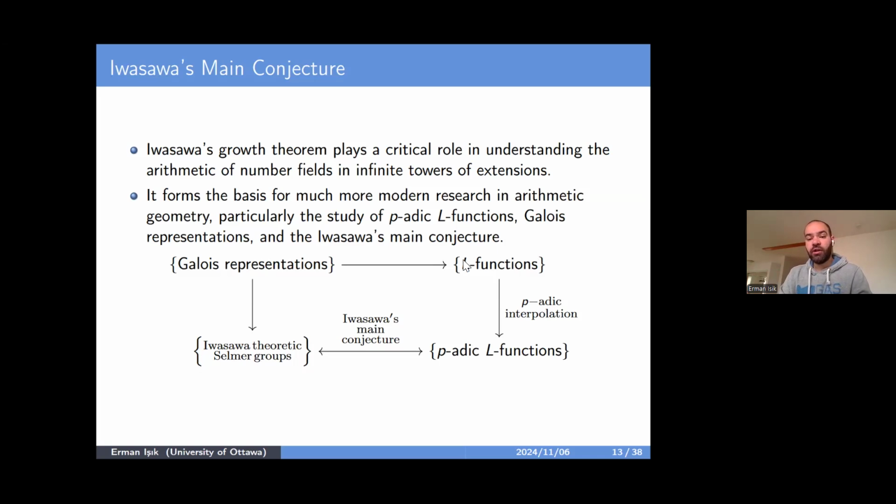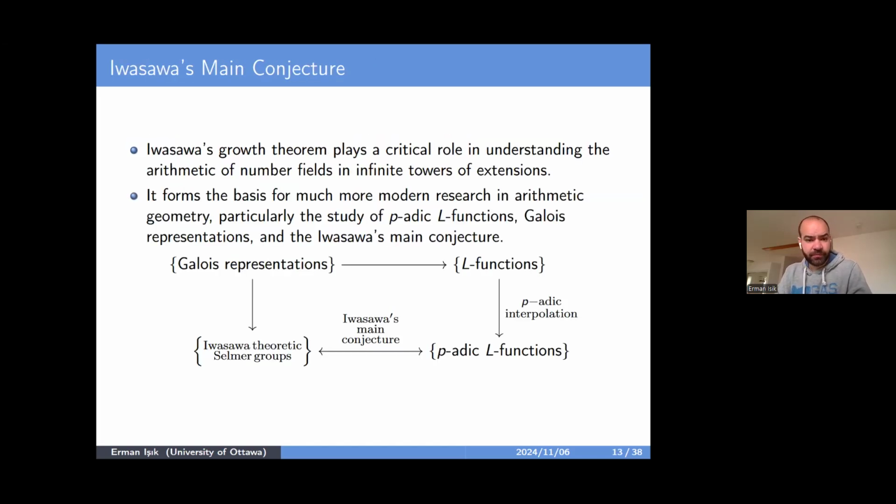And also, this is conjectural, but every time you have an L-function, one expects to have a p-adic counterpart, a p-adic L-function that interpolates certain values of the L-function. And the Iwasawa main conjecture says that this characteristic ideal is generated by the p-adic L-function, which builds a bridge between the analytic world and the algebraic world. I will mention this bit and how it is important later.